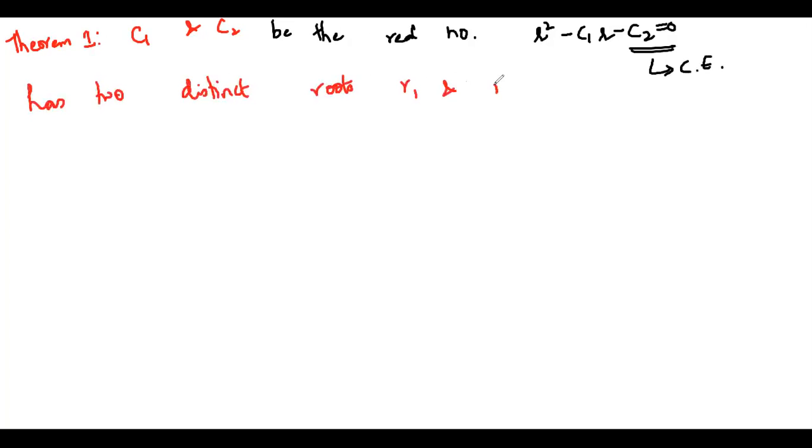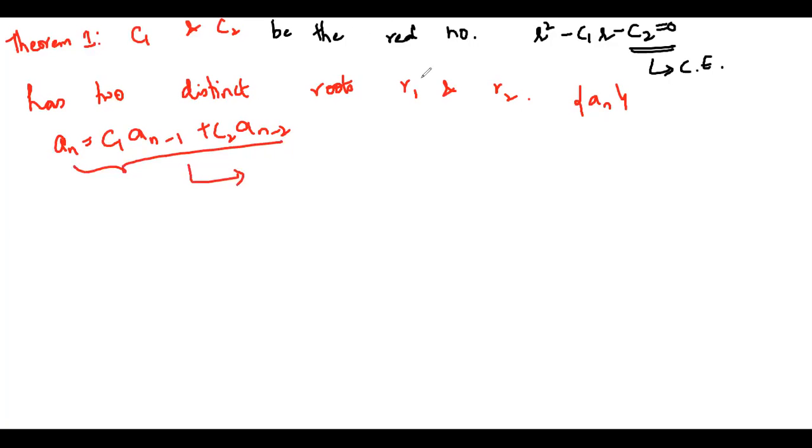They are denoted with r1 and r2. Then the sequence an is a solution of the recurrence relation. So what is our recurrence relation? It will be in this form. If we have two roots, then we will get two previous terms. So an is equal to C1 an minus 1 plus C2 an minus 2, if and only if